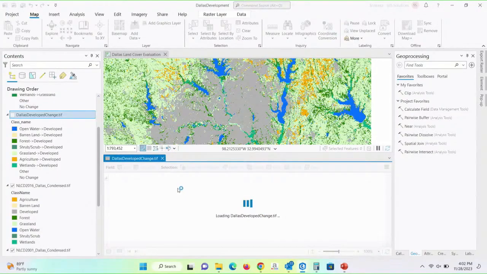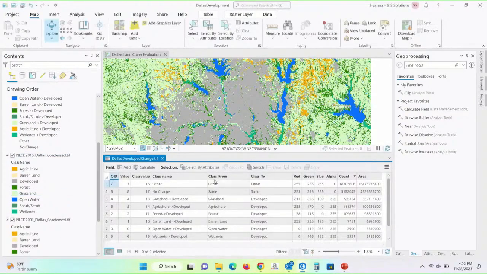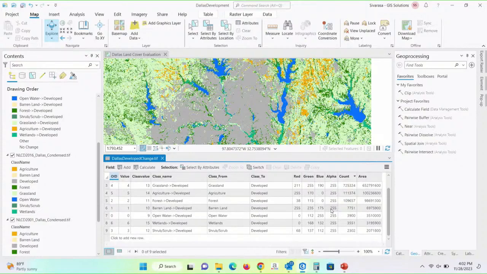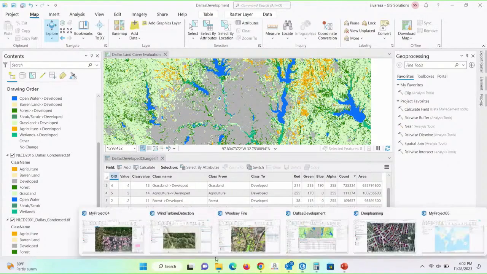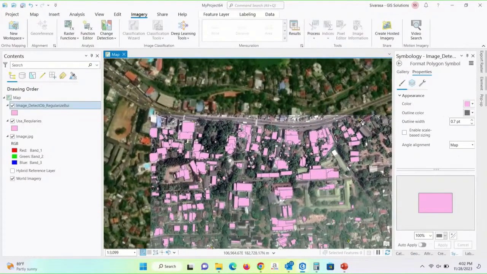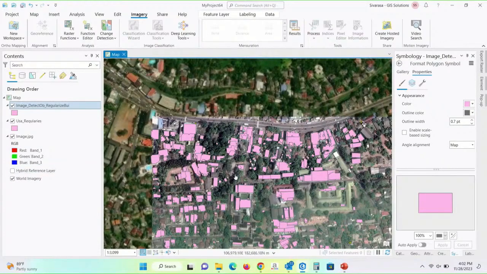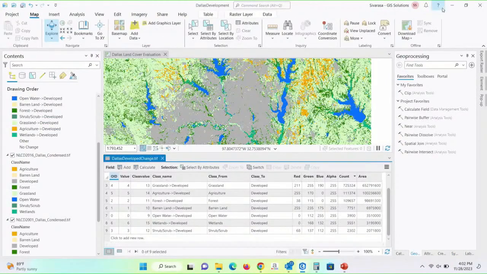Of course, class 1 means the 2001 image, class 2 means 2016. So here we have the extents of how much it got changed. So straight away we can get it using this deep learning, right? So there are a lot of these demo things we have made. So of course I will just show several of these as time permits. I also tried this with local data, that is also in Sri Lanka. So you can try by using these deep learning tools.